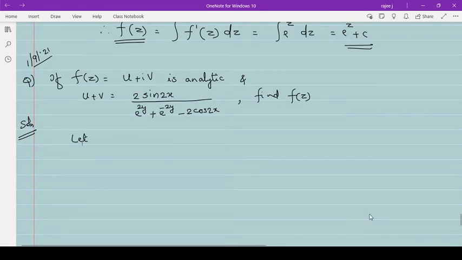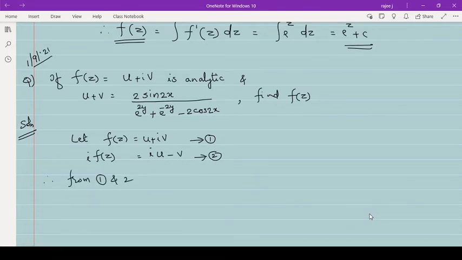Here it is given f(z) = u + iv. Then what we did is we multiply this with i. So i into f(z) is equal to iu + i² v, which means minus v. So from these two, say this is 1 and this is 2, therefore from 1 and 2,